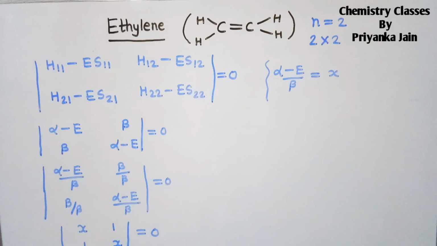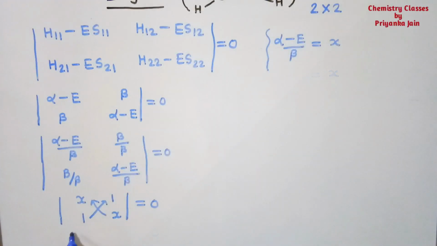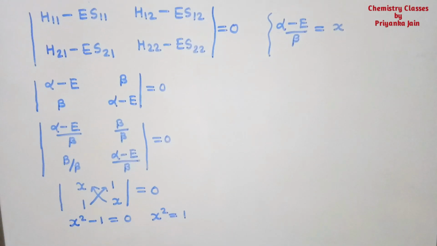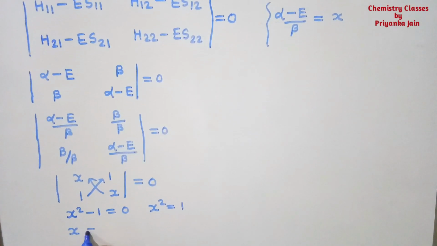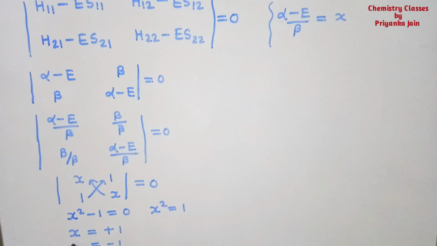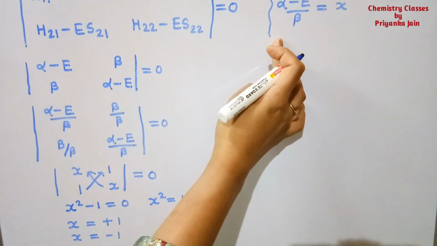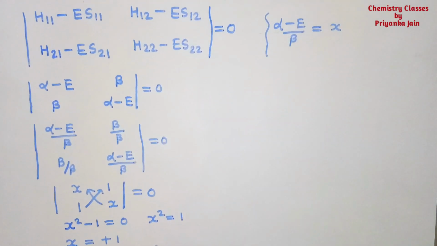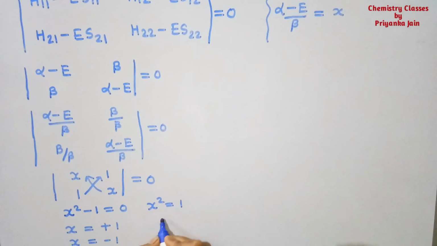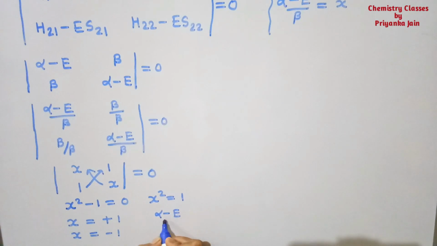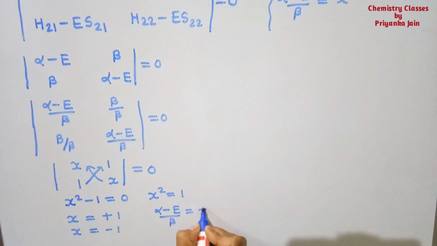So what do we have to do for solving it? We have to do the cross multiplication in this manner. By cross multiplication we get x square minus 1 is equal to 0, or we can write x square is equal to 1. So x will have two values, plus 1 and minus 1, right? We are getting two values. When we put these values in the equation alpha minus E upon beta is equal to x, firstly for plus 1,